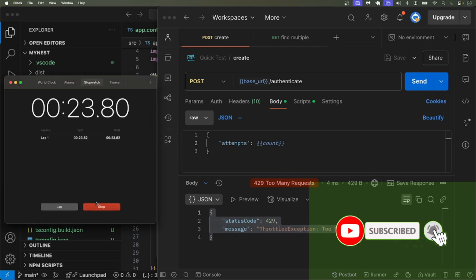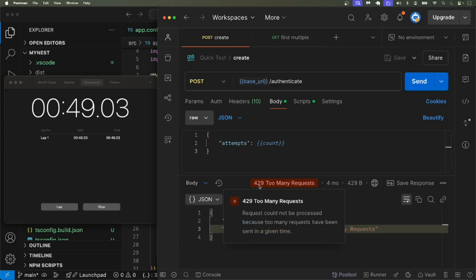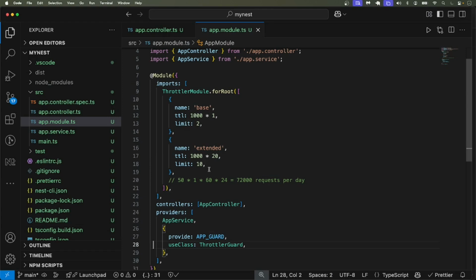And of course, if you keep your requests below 10 in 20 seconds, you will not get this exception. So the 429 response here confirms that when we exceed 10 requests in 20 seconds, we get the too many requests